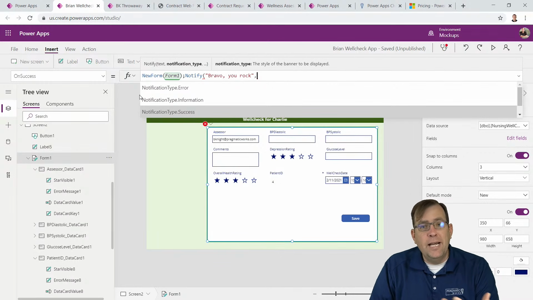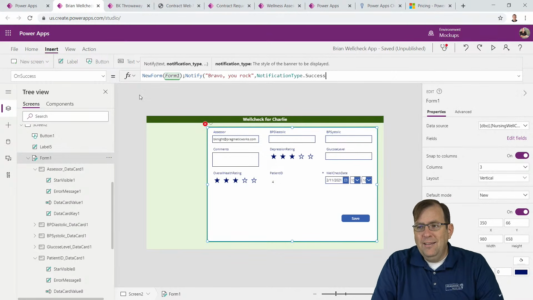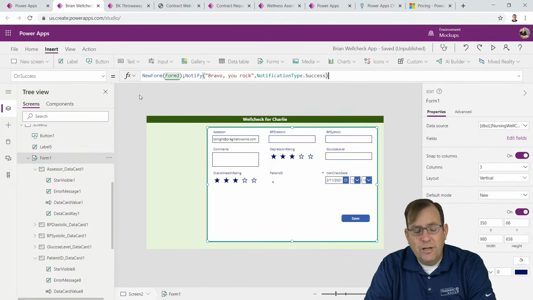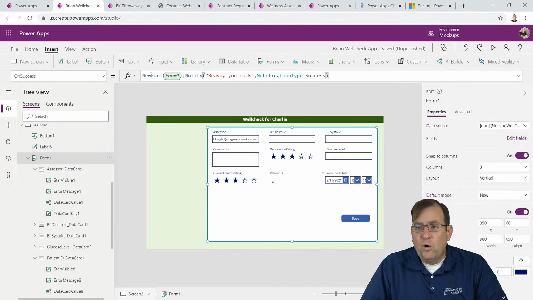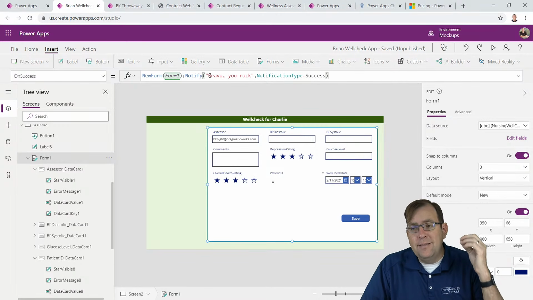Information will be a blue bar, and an error is a red bar. That's all it changes when you do that. So I'll hit success. I'll close my parenthesis. So here's what it's doing now. It's saying set the form back to new mode again, and then go ahead and say bravo, you rock in